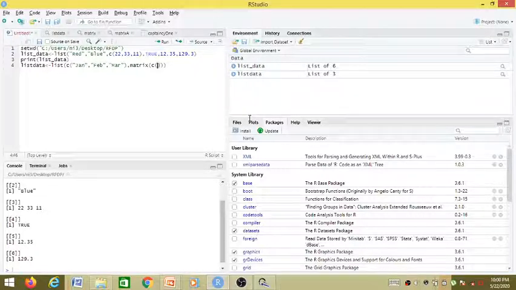So it is 3, 9, 5, 1, we have -2, 8. So this is a matrix. Then the value to the matrix, and the number of rows, let's keep them as 2.